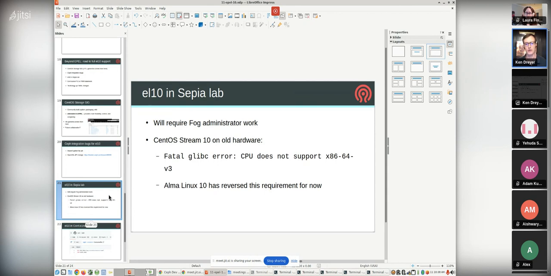So all of the Sepia lab is managed with a system called FOG for OS provisioning, and that allows us to stream images onto bare metal. So we're going to need some FOG administrator work here to get snapshots of the operating system put into FOG, and then be able to deploy it on old hardware or on new hardware, I should say, because some of the old hardware does not work with CentOS Stream 10, actually,